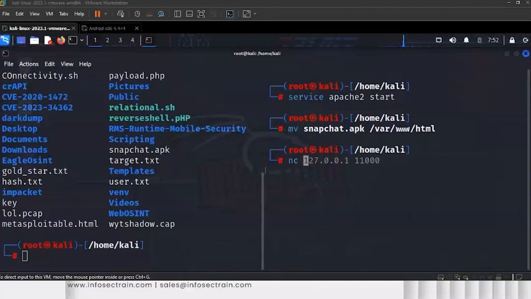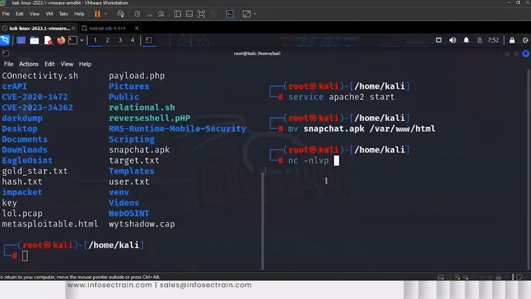Whenever we are scanning for open ports, we can use Netcat. Whenever we want to connect to some port on another machine, we can use Netcat. Whenever we want to listen, to open our own port on our own device, even then you can use Netcat, right? So I'll use Netcat,